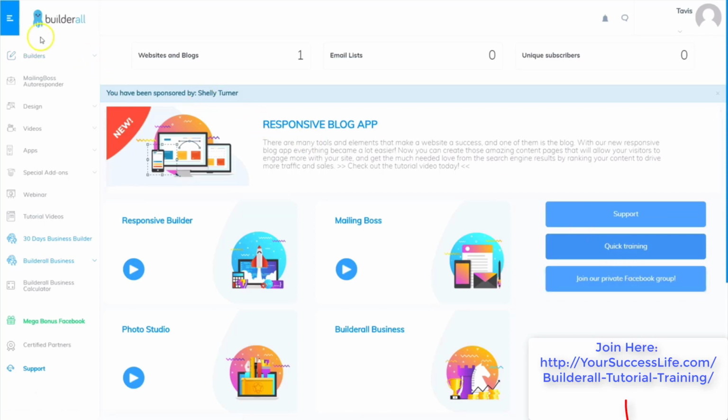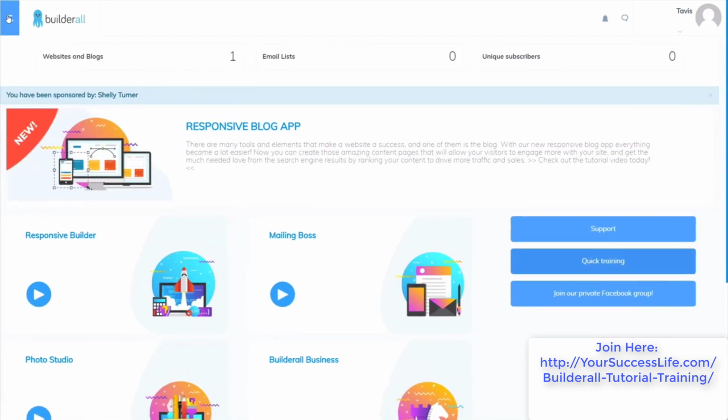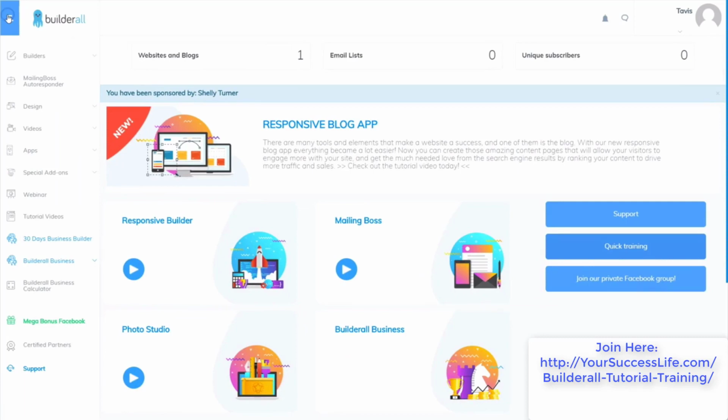On the left-hand side of the screen, the first thing I want to show you is the menu toggle. So if you click this button, it will make the menu disappear, and when you click it again, the menu reappears. Also remember, if you click the octopus, that'll take you all the way back to the dashboard homepage. On the left-hand side menu, you've got a lot of items on this list. I'm going to go through each individual one so you know what they do.